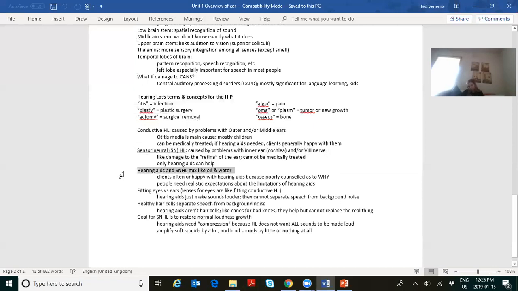And then hearing aids and sensory neural loss often mix like oil and water. Clients are often unhappy with their hearing aids because they get poorly counseled as to why and what's going wrong. Your job is going to be explaining to people to have realistic expectations about the limitations of the hearing aids. In other words,